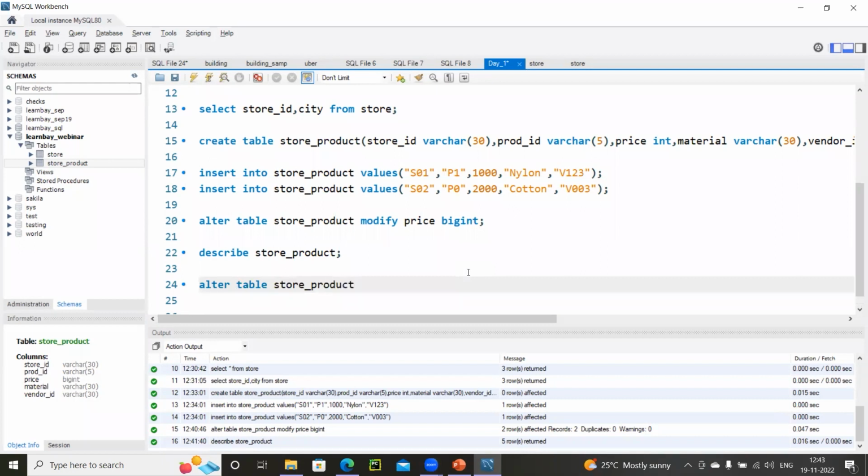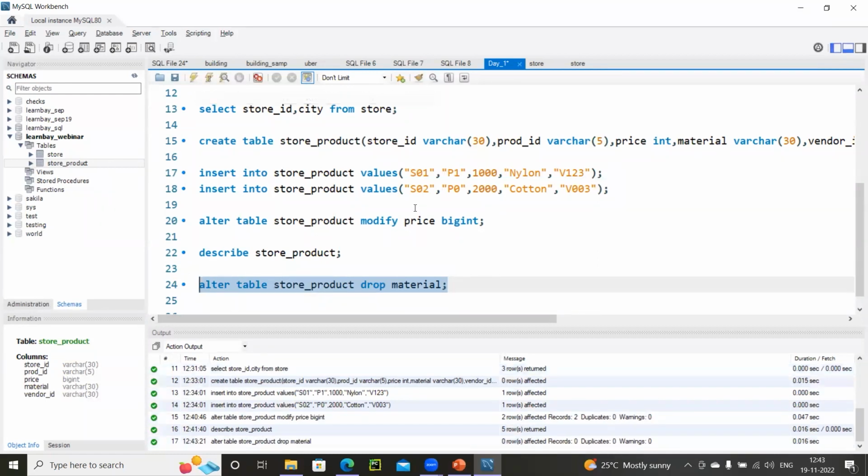So store product, I'm going to drop it. I'm just going to delete one particular column alone. The column that I'm trying to delete is called material. Now just write this command and hit enter. Now refresh. You can automatically see that the column called material has been taken away. Can you see?